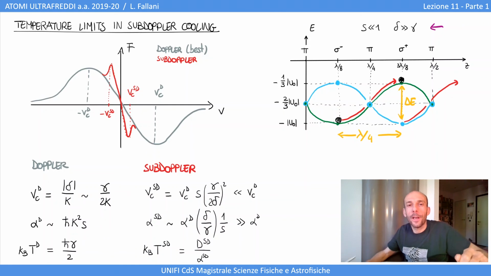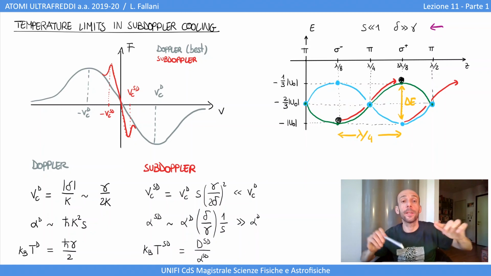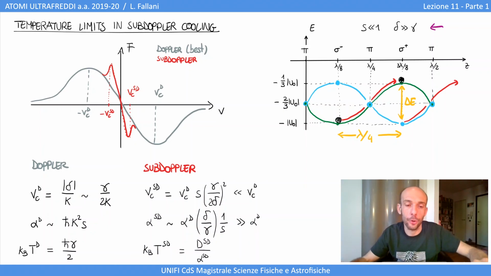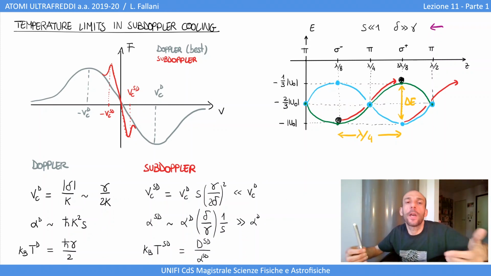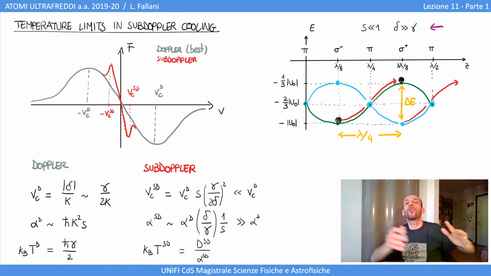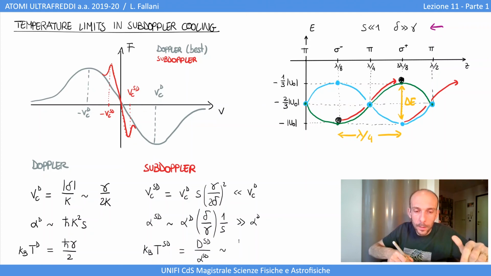Now, I will not derive the diffusion coefficient in subdoppler cooling because it is rather complicated. The reason is that it also involves the fluctuations of a dipole force that we never talked about. But you also have fluctuations of the dipole force, in the same way that you have fluctuations for the radiation pressure. So you can believe that, and it can be demonstrated, that this diffusion coefficient is of the same order as what we had in the case of Doppler cooling. So now, of course, you can write this as